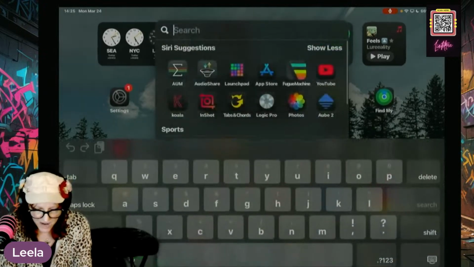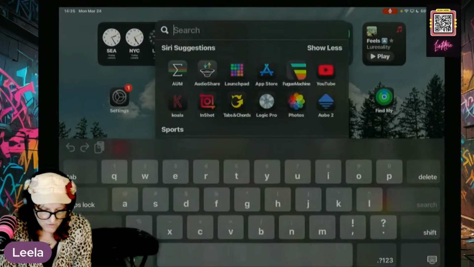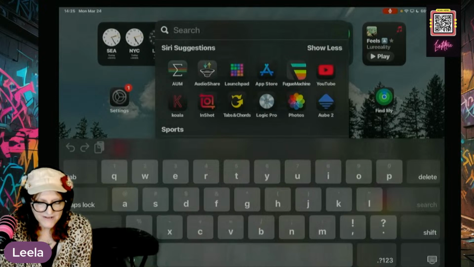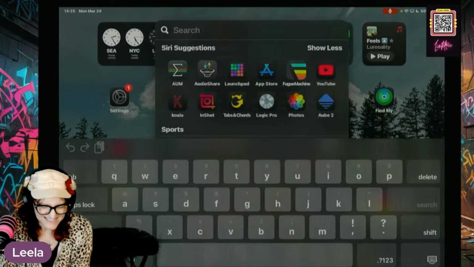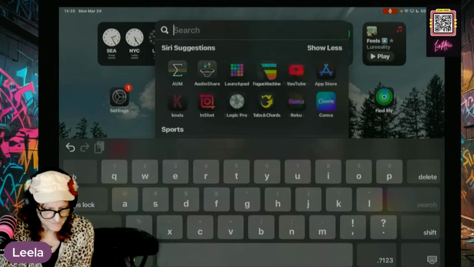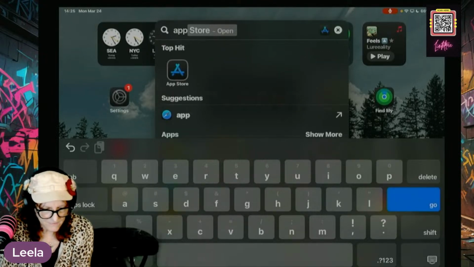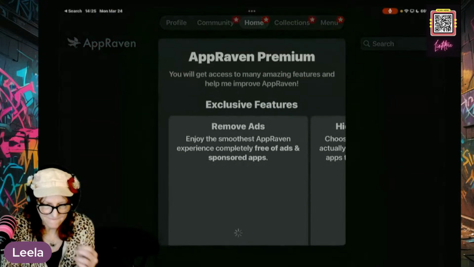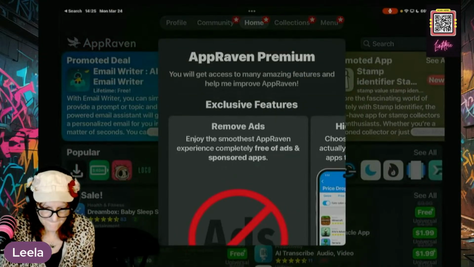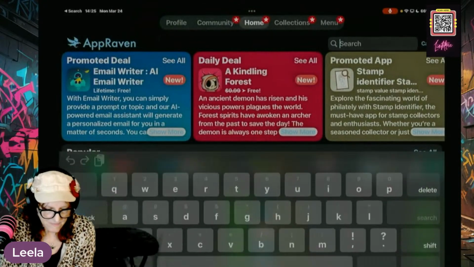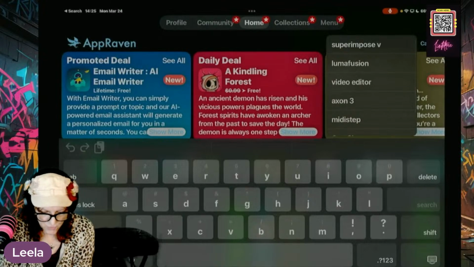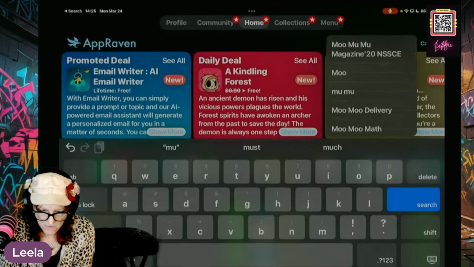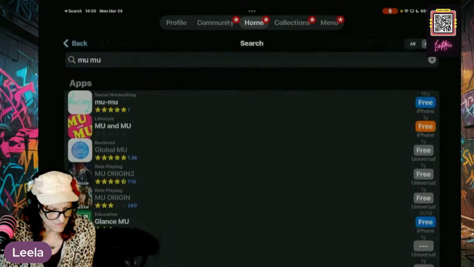Let's double check with, oh, what is that? AppRaven, yeah. AppRaven probably gives us the... Let's find it. Moo Mu. That's not it.